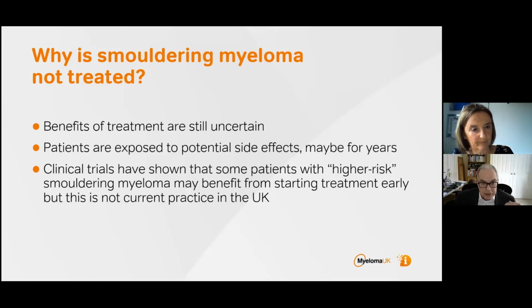And patients can go on with smouldering myeloma just being monitored for many years. Again, I'll show that again later in the talk. However, and this is where it gets a bit more complicated,